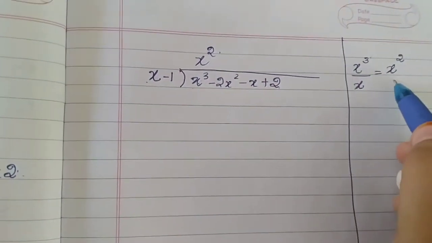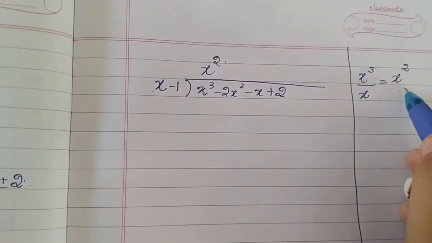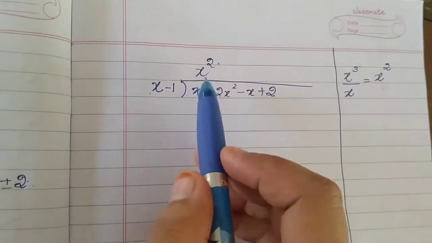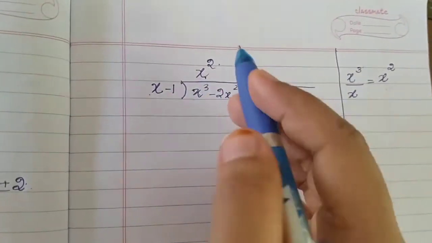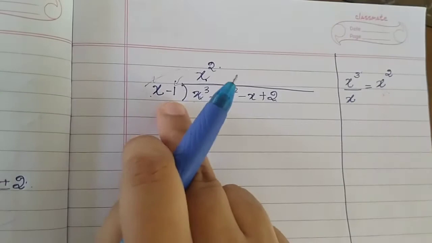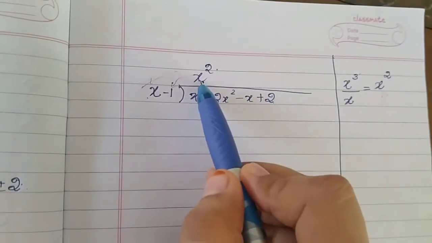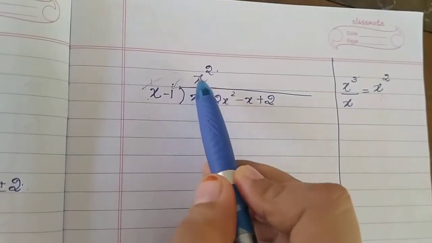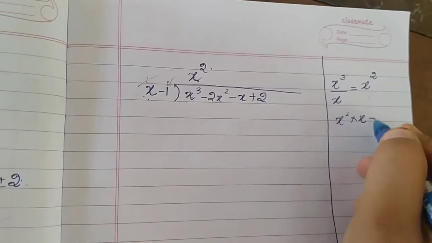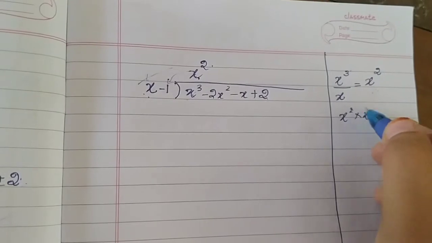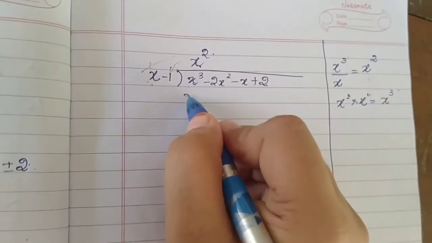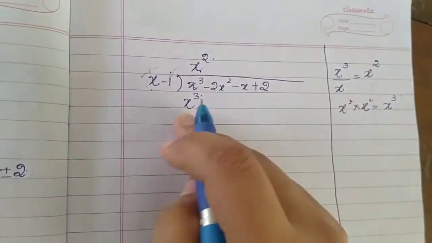Okay, so x square is there, no? This is your first term of the quotient. After writing this, you have to take this first term of the quotient and multiply it with the first and second term of the divisor. Okay, so first I am going to multiply this x square into x. x square into x is nothing but, in multiplication you have to add the powers, 2 and 1 is there, right? So x cube, and that x cube you have to write below the dividend.